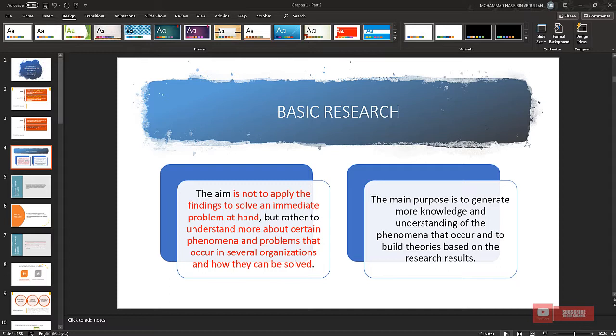For example, in the health sector, basic research is necessarily to generate new knowledge and technology to deal with major unsolved health problems. So, a few examples of the questions that can be asked in pure research, basic research, or fundamental research are: how did the universe begin, what do protons, neutrons or electrons comprise,